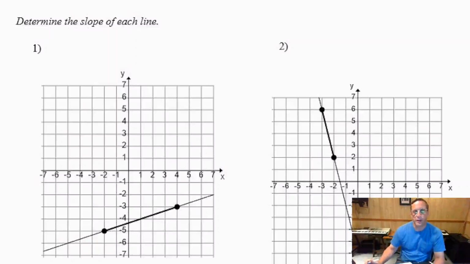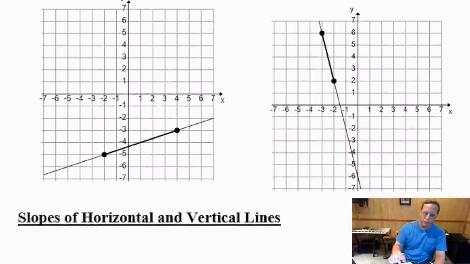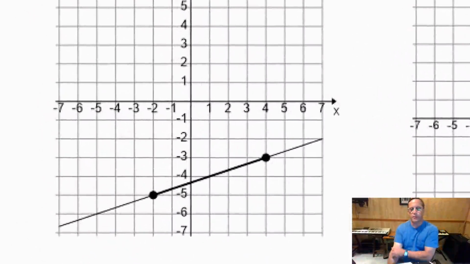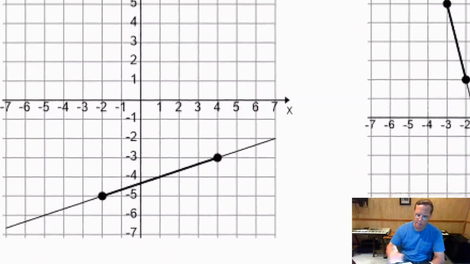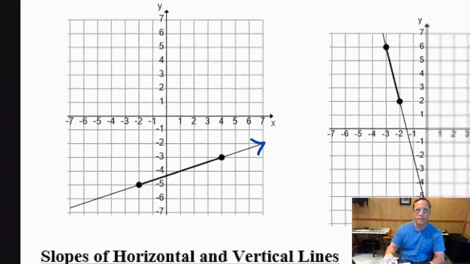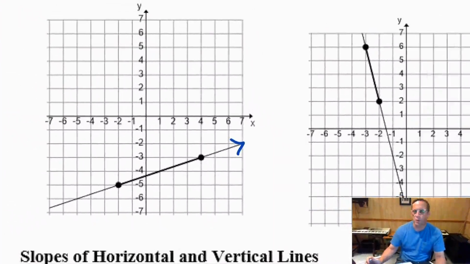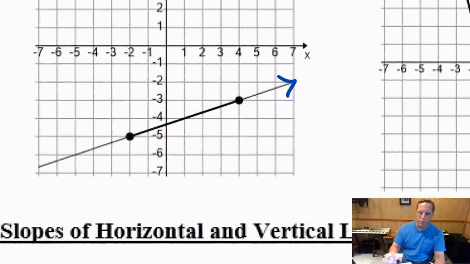Okay, now moving on to the next page, we've got to determine the slope of the line given the graph. You'll notice that in this first example we've got a positive slope because it's going up, if we look at it from left to right, it's going in an upward progression, and then we have 2 points. One way to do this is to draw a triangle. Look at it from a triangle's perspective,